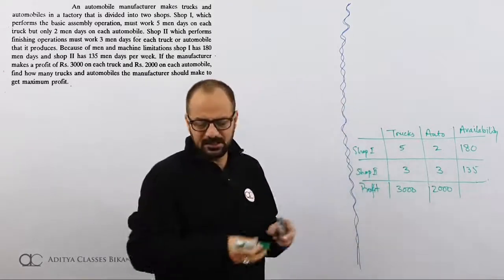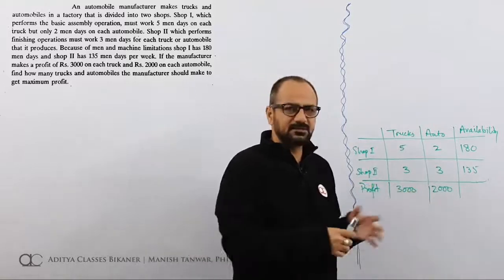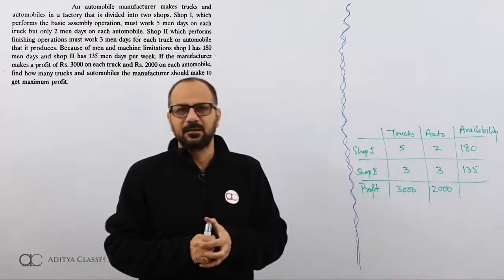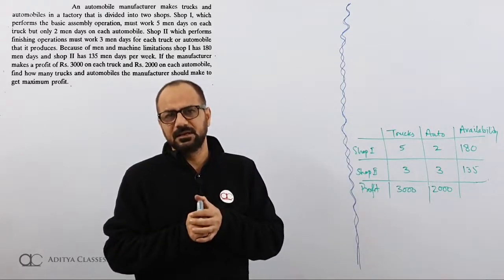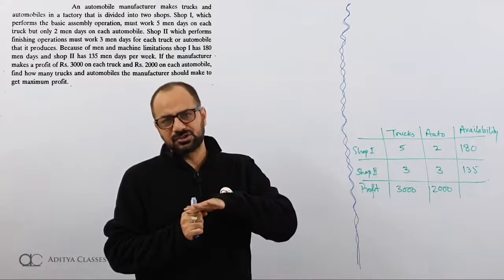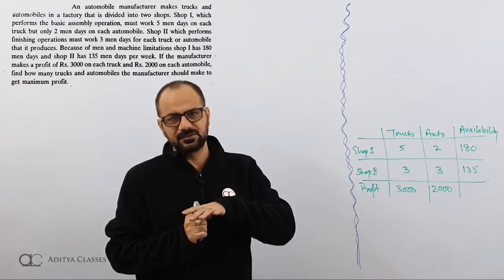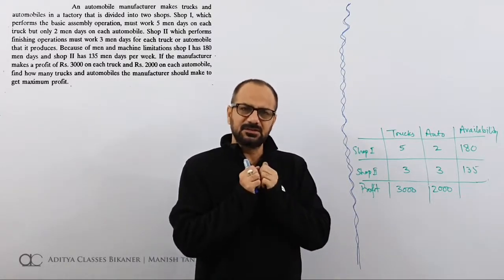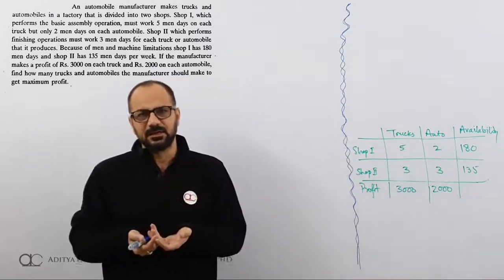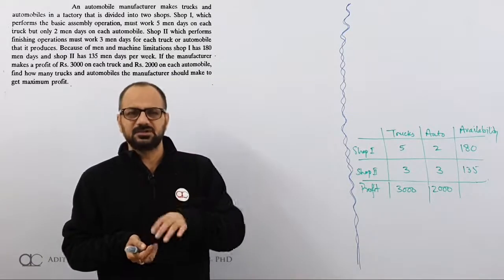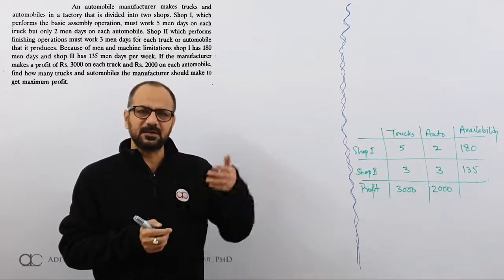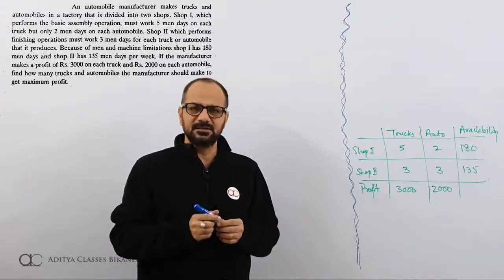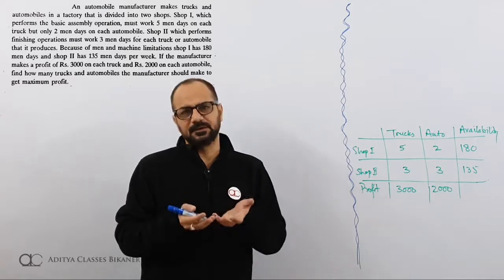Either the objective function is maximization of 3,000 and 2,000 profit, or it could be minimization of resources. When we talked about formulation, we said that when both cost or consumption of resources and profit are given, our objective should be profit. Our objective is never minimization of cost, rather it is always maximization of profit. Yes, minimization of cost is a collateral. If you are getting it as a collateral, it is very good. But otherwise, my objective is maximization of my profit.